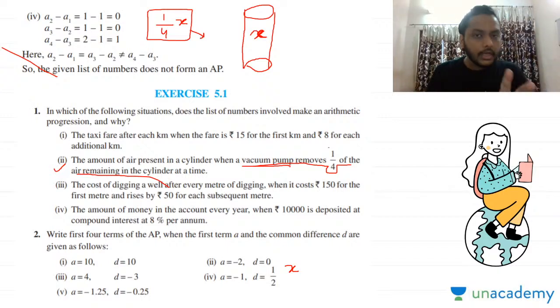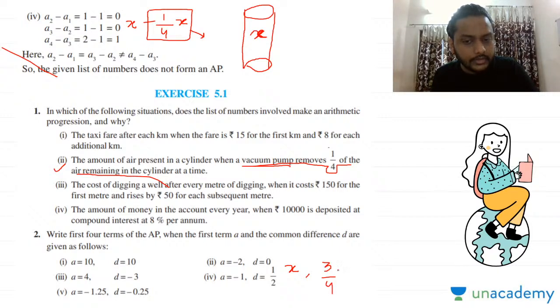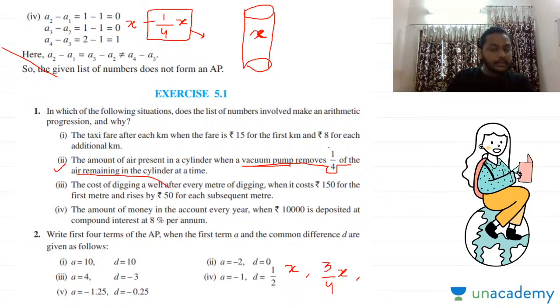जब इतना अमाउंट आपके सिलेंडर से रिमूव करा जाएगा तो अब आपके पास रिमेनिंग एयर कितनी बची, x माइनस 1/4x और दैट इज इक्वल टू 3/4x। तो दूसरा टर्म आपके सीक्वेंस में आ गया, 3/4x। इज दैट क्लियर टू एवरीवन गाइस? ओके, दूसरा टर्म आया 3/4x। अगर मैं तीसरे टर्म की बात करूं तो थर्ड टर्म इज व्हाट,